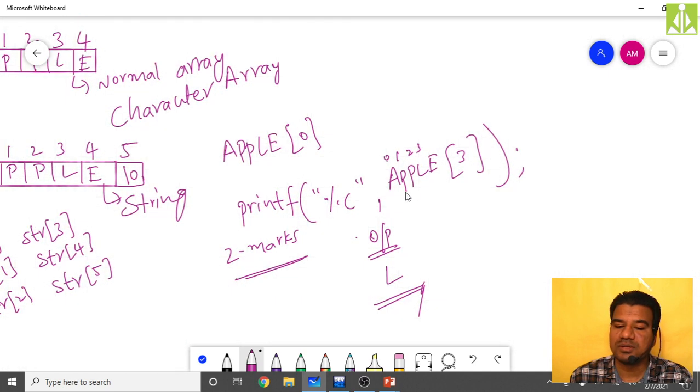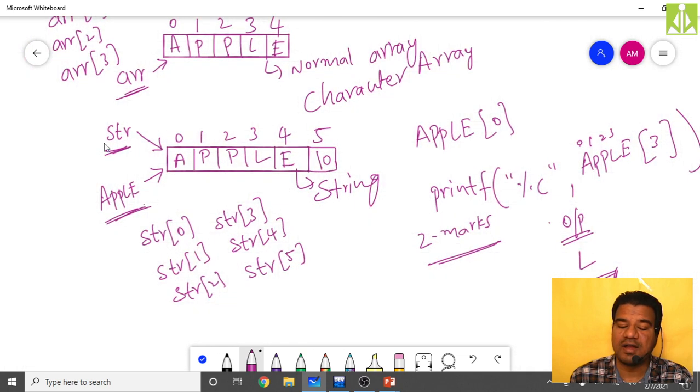Even if you are giving a specific identifier, if apple is a string, the string name or string content itself becomes the reference to the first element, and using the index you can access all the characters from that string.